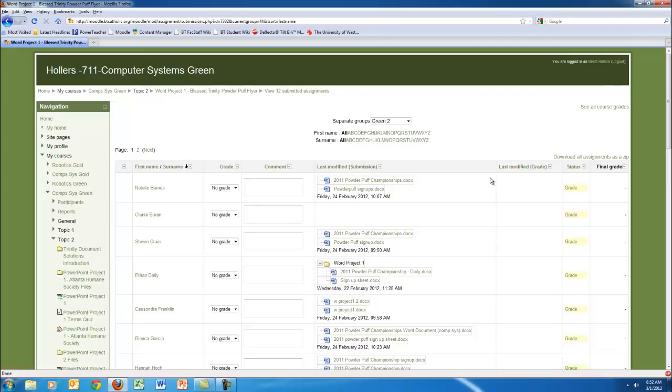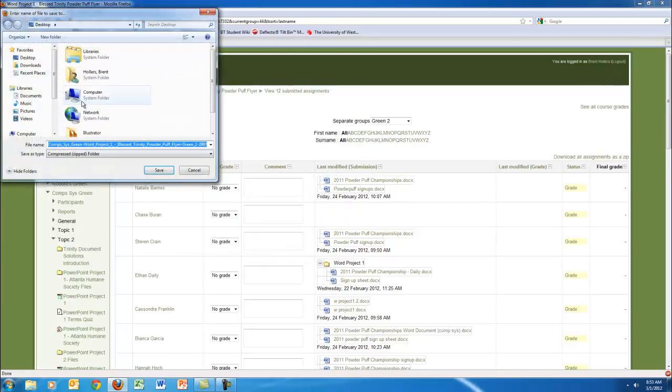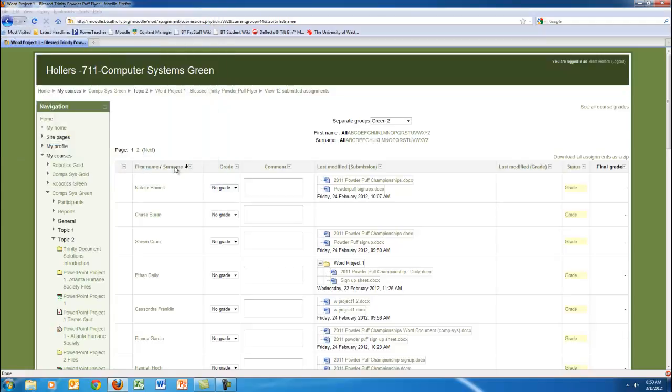Another interesting thing that's nice about this is you can also download everything they submit as a zip file. So if you want to, you can click on download all assignments as a zip, and it'll create this little zip file here. And depending on whether you're using Chrome or Firefox, it'll look a little bit differently. But you can click on save file and click on OK, tell you where you want to save it, and click on save. And now it'll take a few seconds, but it will download